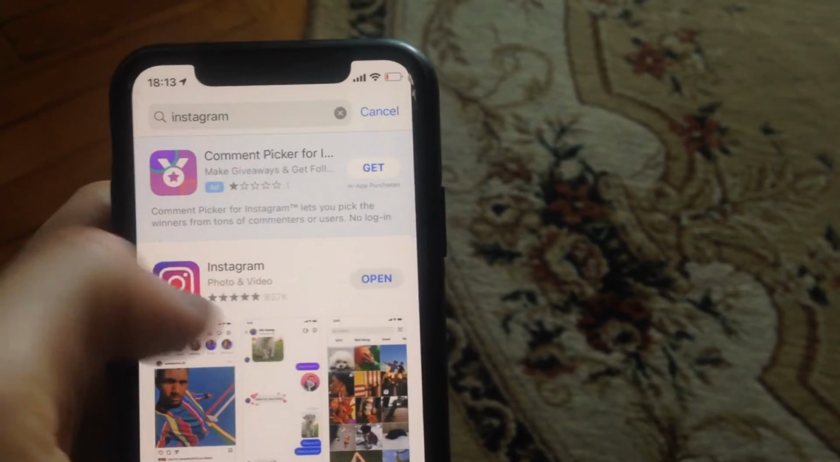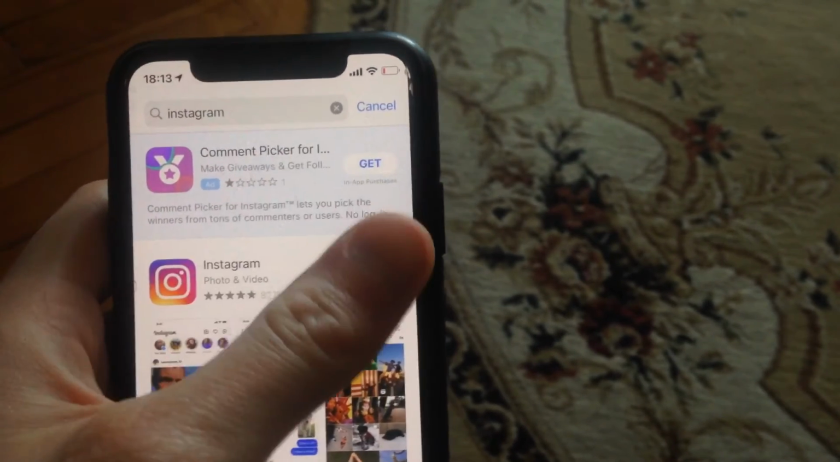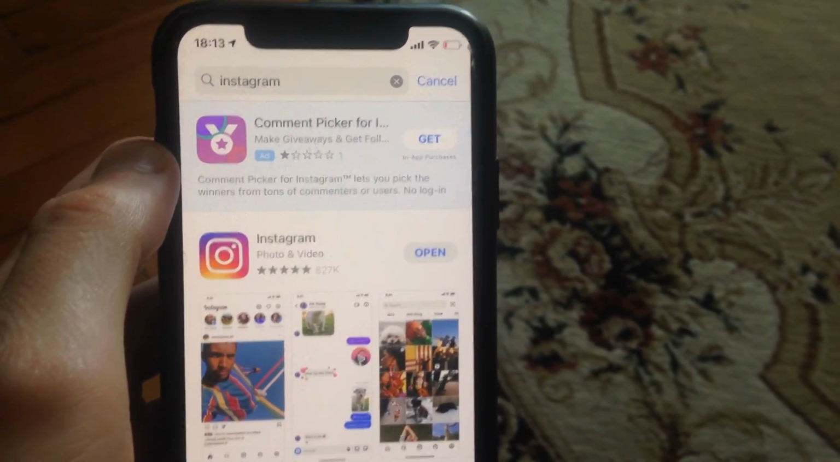Just go to the App Store, go to the search tab, in the search tab write Instagram, and if you see here "not open with update", just tap on update and it will successfully update your